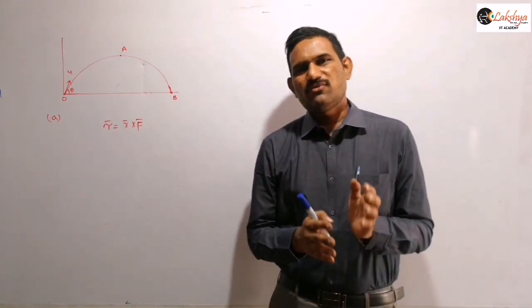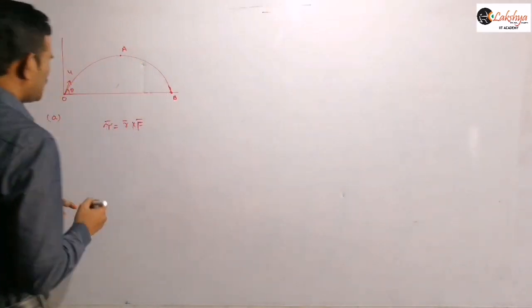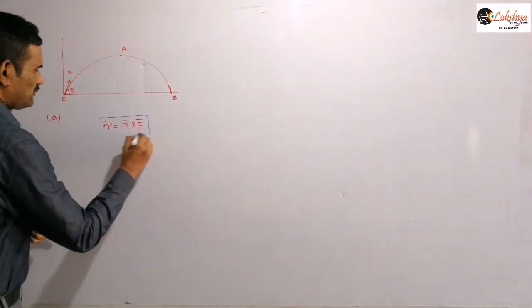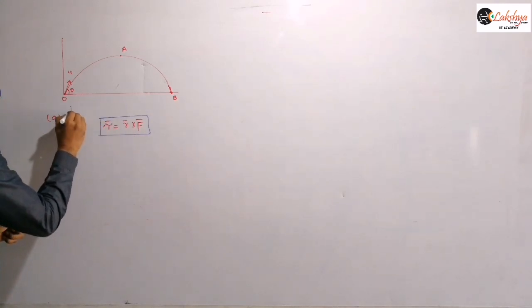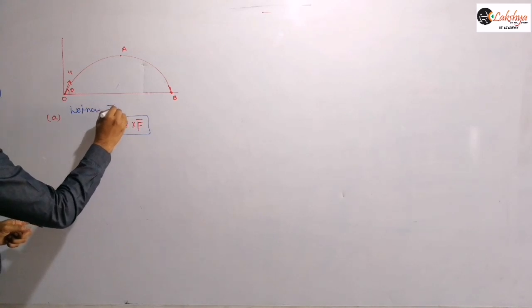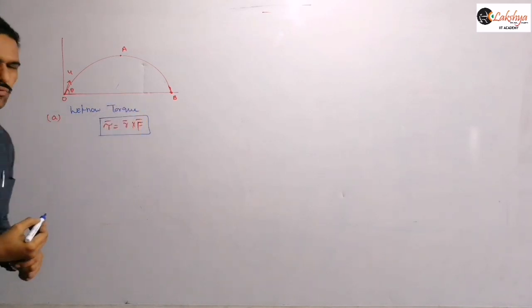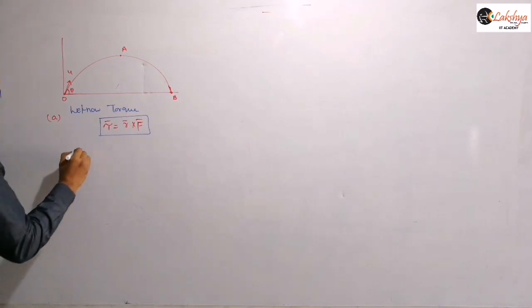So that means the only force must be the gravitational force here. And so here is our torque formula. Just to mention, we know torque tau, tau bar, is equal to r bar cross f bar. So now, where